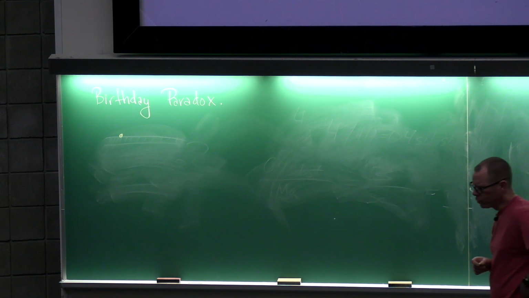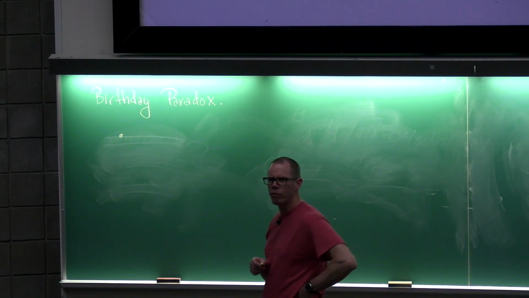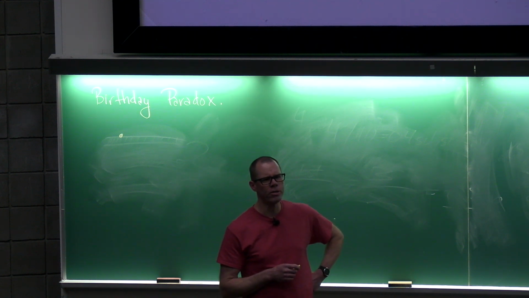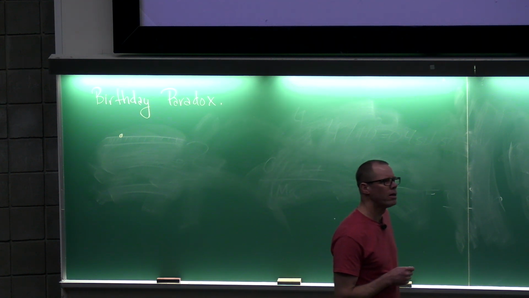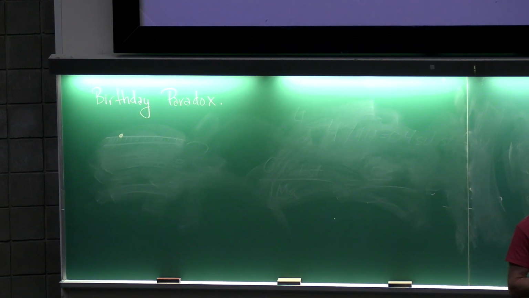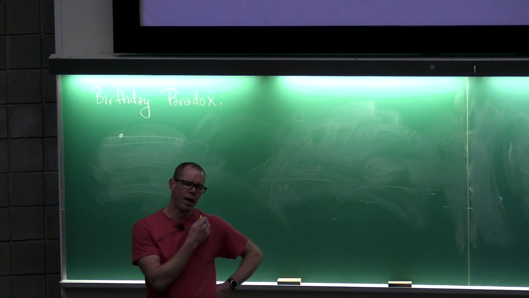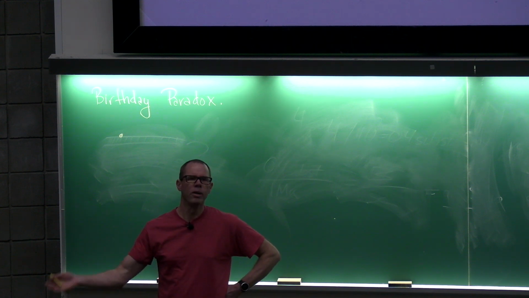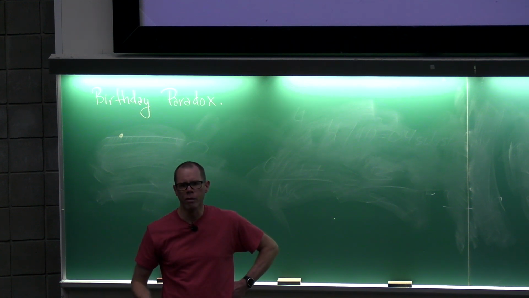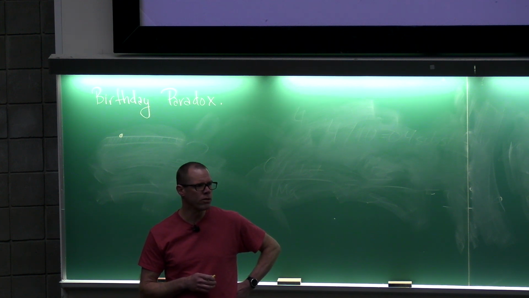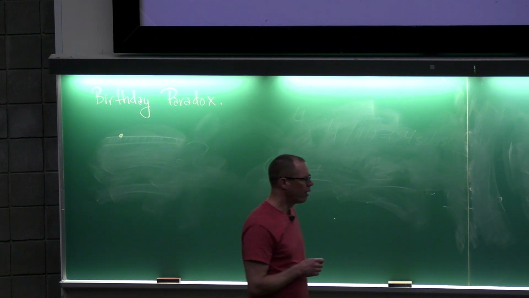The only tool that we've seen to deal with questions like that so far has been the pigeonhole principle. The pigeonhole principle tells us there must be one day of the year where at least the ceiling of 120 divided by 365 people have a birthday on that day. So the pigeonhole principle doesn't tell us anything useful. And indeed, it's quite possible to get a room of 120 people where everybody has a different birthday, because there's a lot more than 120 birthdays. There's 365 of them. On the other hand,